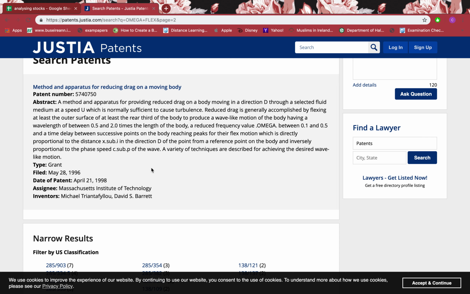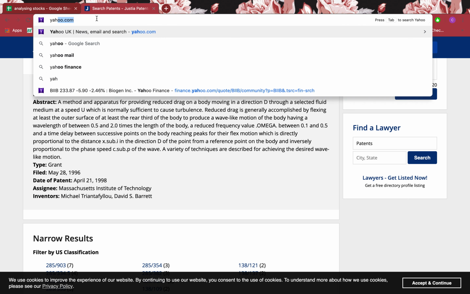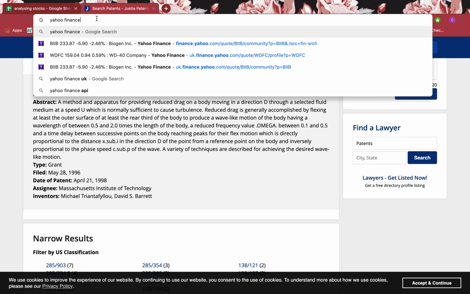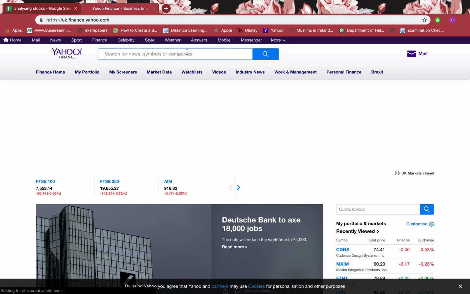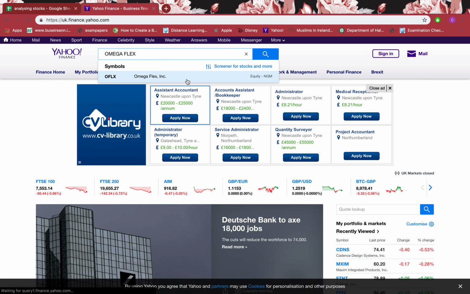They are up to date, and they are trying to outbeat their competitors, and it acts as a moat, so they are very important. And lastly, I want to go to Yahoo Finance, and I want to have a look at the key executives, and I'll just search that, and